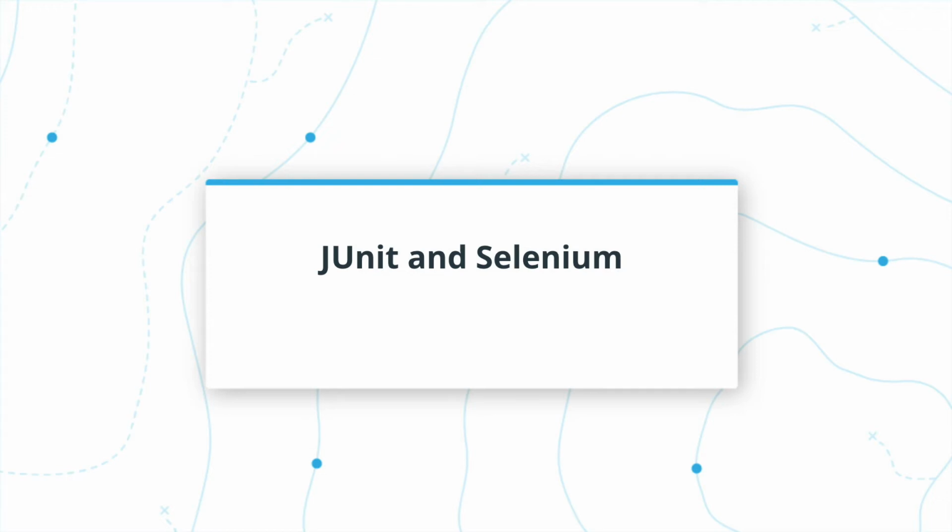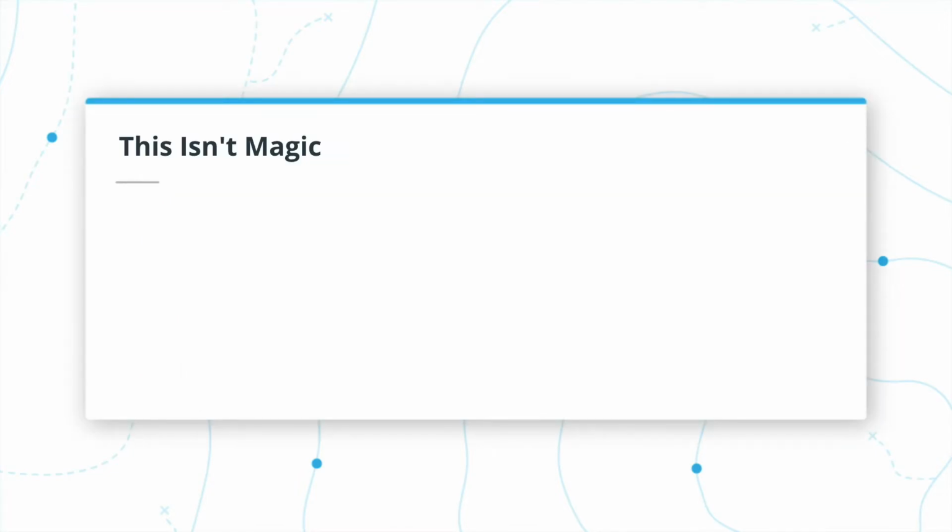Now that we know how to work with both JUnit and Selenium, it's time to put the two together. Going into this section, it's important to remember that both JUnit and Selenium are simple libraries. JUnit allows us to run methods as tests in a special context that allows for assertions, which are often simple checks of equality. Selenium is just a library that manages an automated browser instance, allowing us to send data to and read data from the browser.